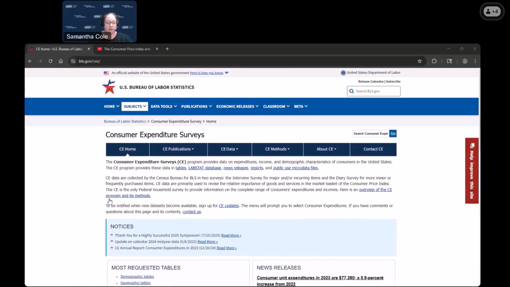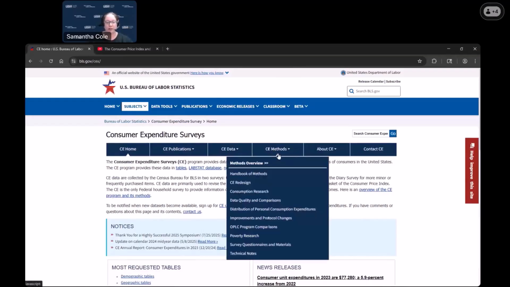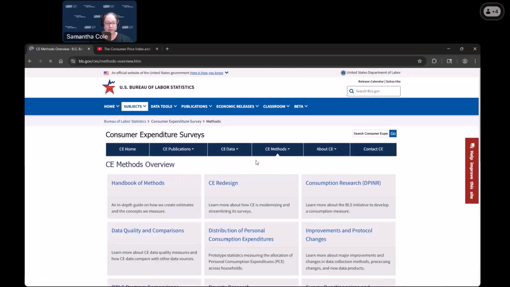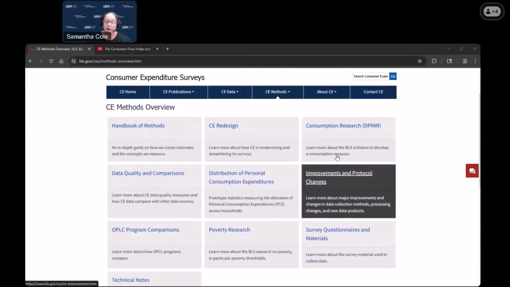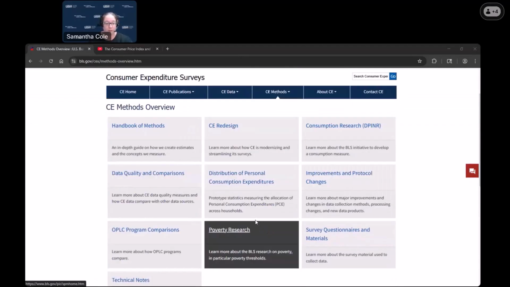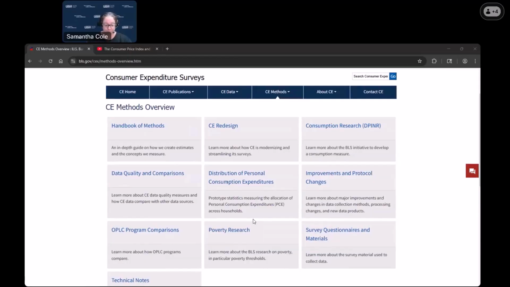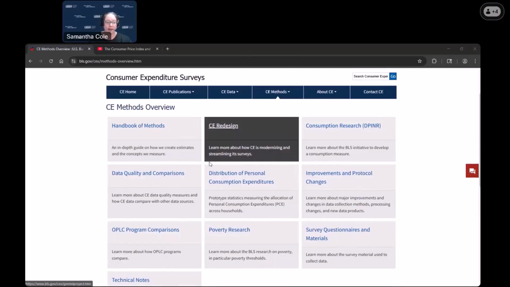And you can see this is the CE home. I'm going to start by going to the Methods tab. You can see here that the options are listed in a list, or you can select this option, and it's more of a widget form where you can see it. I prefer this, but other people may like the drop down. Either is fine. There are all these various methods available, including Handbook of Methods, redesign,